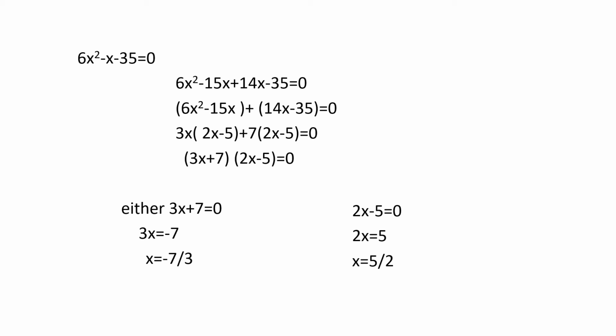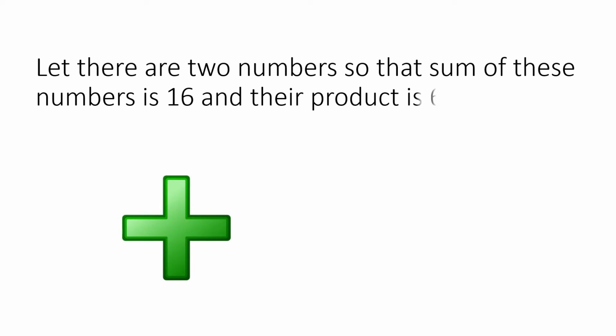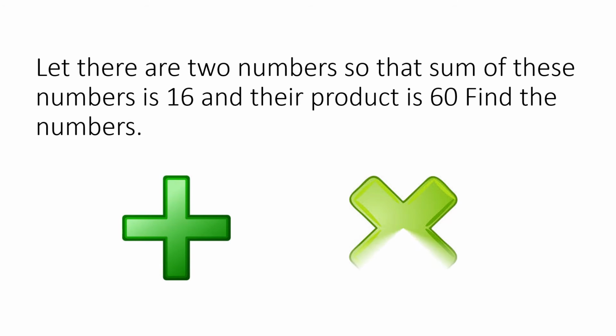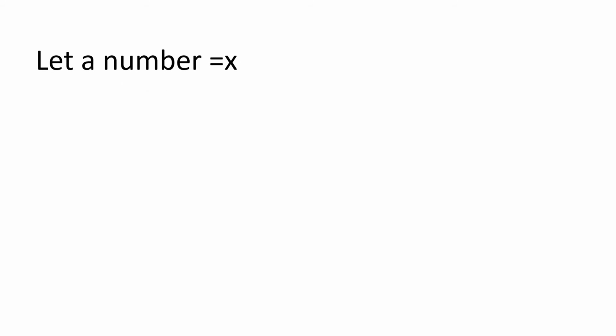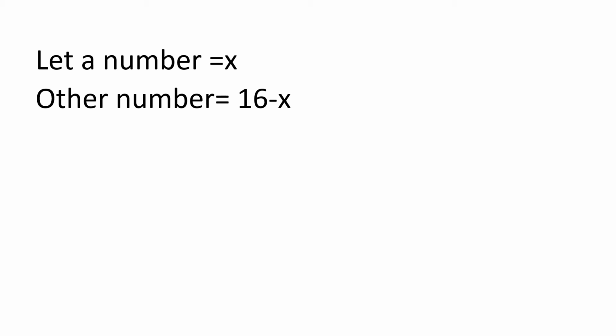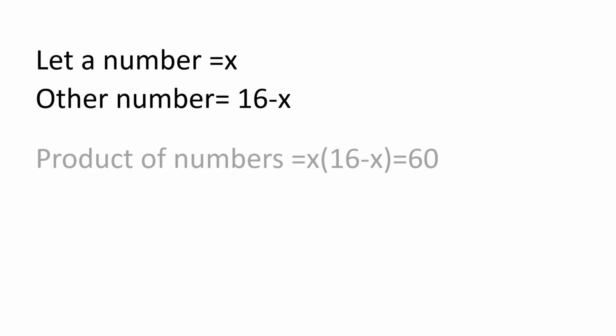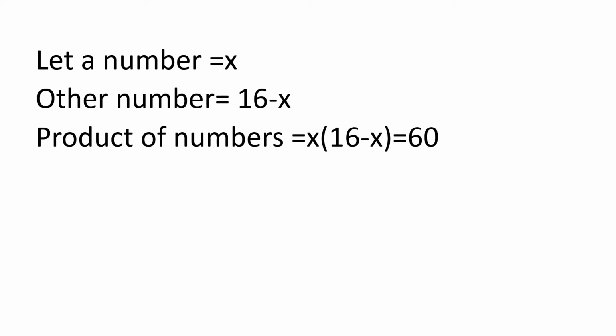Now, let's have a few problem based questions of quadratic equations and solve them by using factorization method. Let there be two numbers so that the sum of these numbers is 16 and their product is 60. Find the numbers. Let a number be x. As we are given the sum of two numbers is 16, so the other number is equal to 16 minus x. The product of the numbers is equal to x into 16 minus x is equal to 60, which is given to us,